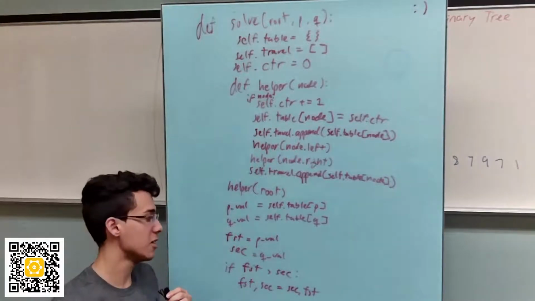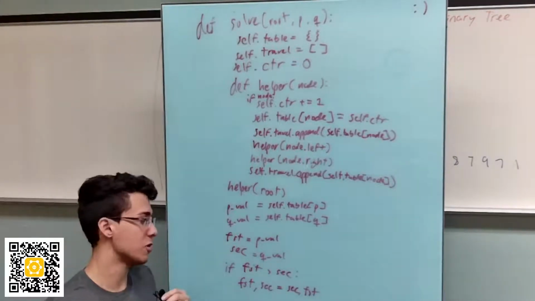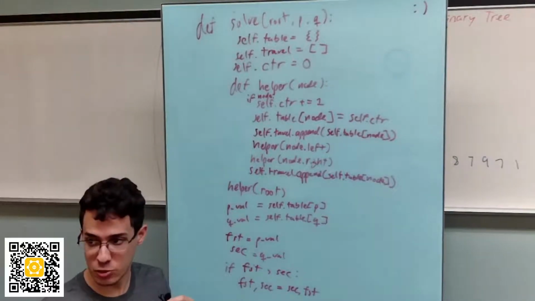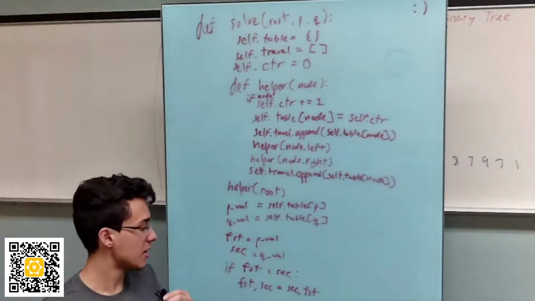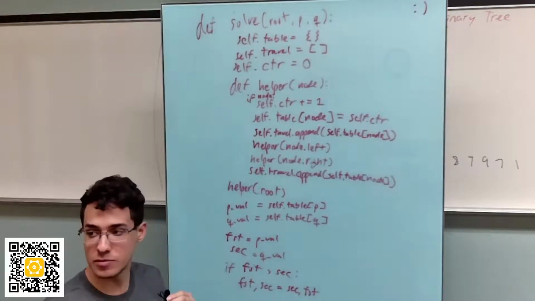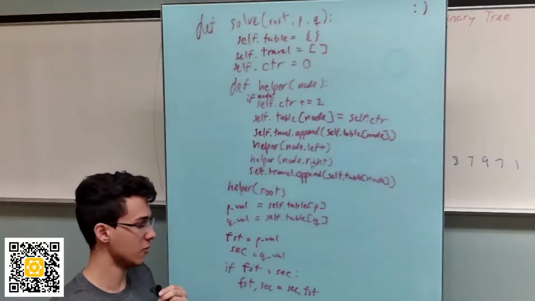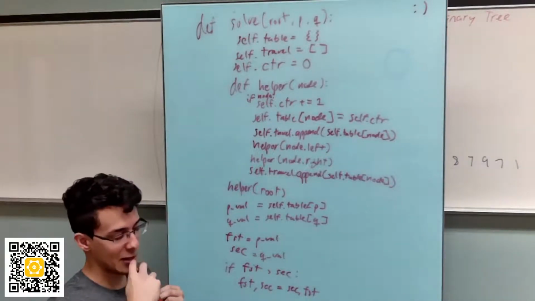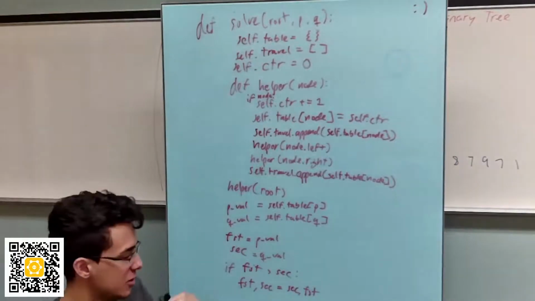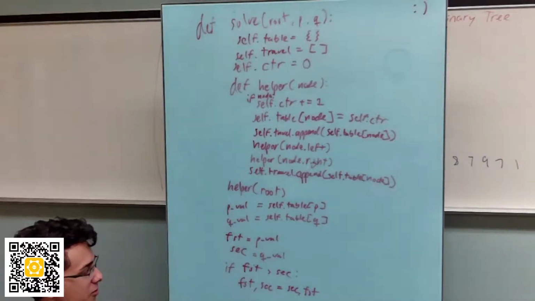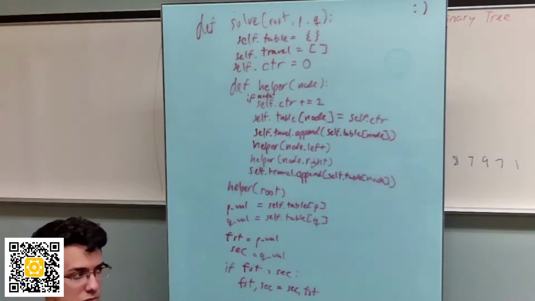Now that we've decided, we know which one comes first, which could be either P or Q, which one comes second. We just work with the table, right? The travel table. So how do we go about that, right? And I'm going to go with what you said about the first value of first. So much easier. Yeah, it's actually really so much easier if we just did that. So we do need to splice it, right? I mean, we don't really need to splice it. We could just say,